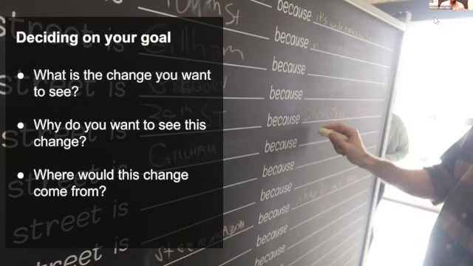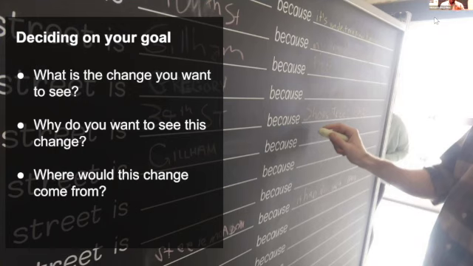Why do you want to see this change? You also need to articulate why this change needs to happen. If it's traffic calming for an intersection, is it because data tells us that crashes and fatalities have occurred there in the past? If it's a citywide policy, is it because it aligns with the stated goals of the community in question? The change you and your coalition seek is important, but you need to tie it into a broader meaning to create something which more people can get behind.